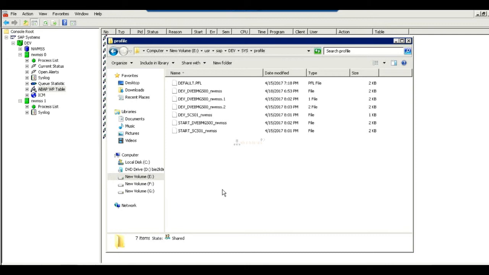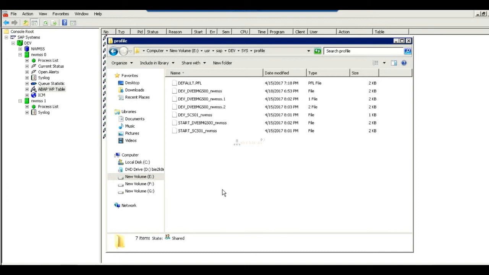Whenever you are changing profile parameters, there are two types of profiles: static profile and dynamic profile. What is a static profile? Whenever you change such a parameter, you require a restart of your SAP system; only then will the profile value take effect. What is a dynamic profile? Whenever you change the value, it takes effect immediately, without restarting the SAP system.